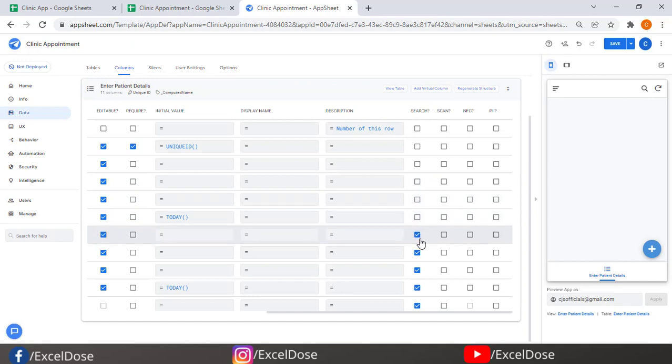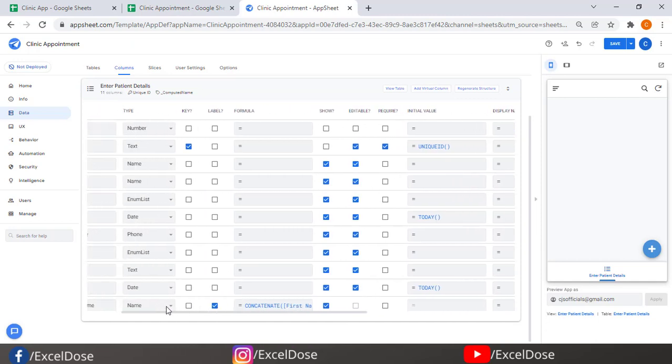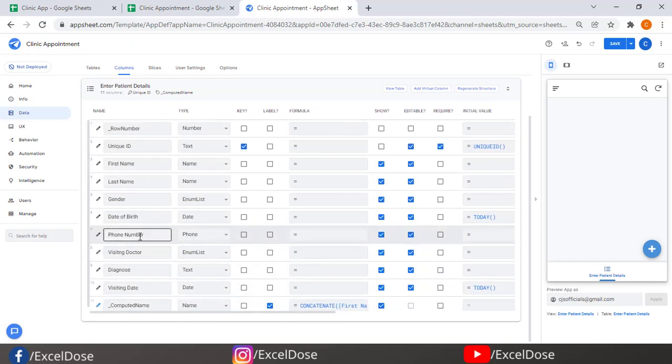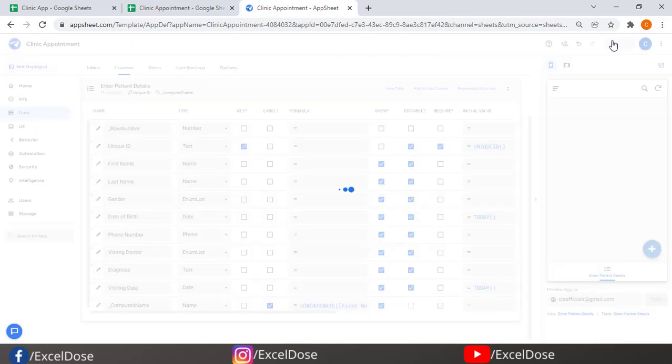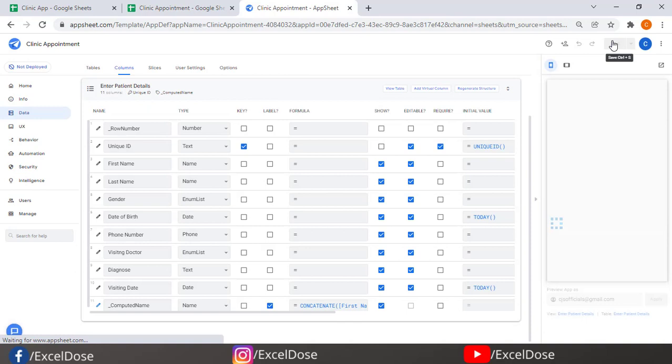So I will uncheck all, but I will check only the phone number. Phone number is in this row, right? So once it is done, just save this one. Whatever changes you are making, make sure you are saving them also.